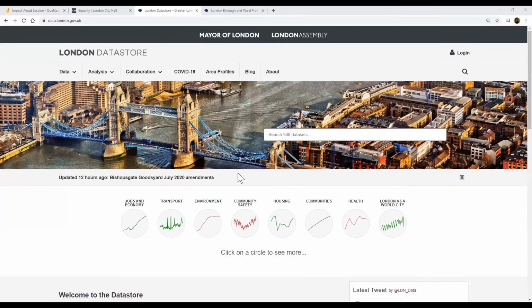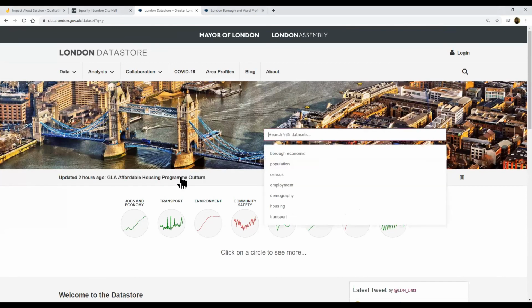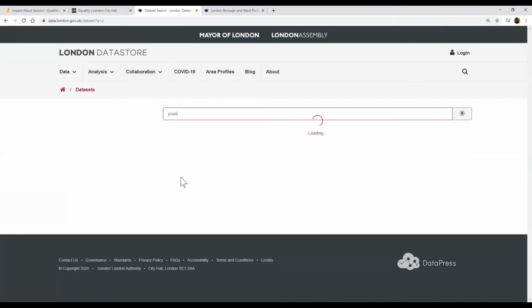With the London Community Story, we used something called the Survey of Londoners, but there are over 939 data sets on the London Data Store, covering a wide range of different areas. You can search by theme. For example, young people being integral was one of the key things that we pulled out of our coding. So we could then search young people, and you start to get